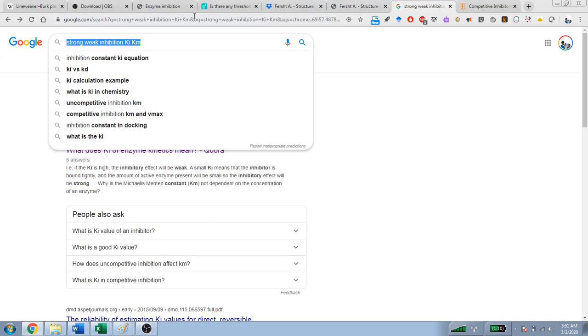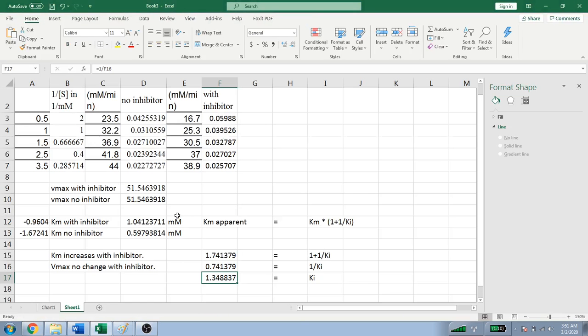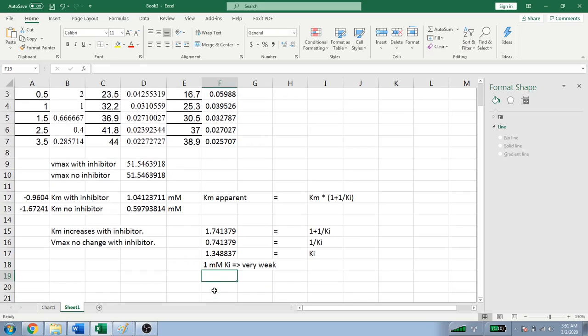So this Ki, now since the units that we are using here is millimolar, so we've got 1 over millimolar, millimolar per minute, the Ki seems to be millimolar. 1 millimolar Ki would seem to indicate very weak inhibition, because Ki is supposed to be picomolar or nanomolar, and here's why. There's some people online who are saying that Ki, well, I'm not sure of that, so I'm not going to mention that to you at this point until I'm sure of that. But Ki is supposed to be nanomolar or picomolar, and the reason is with a higher Ki